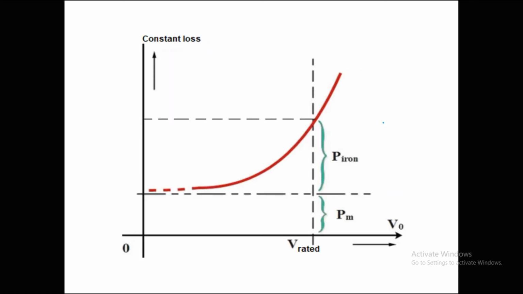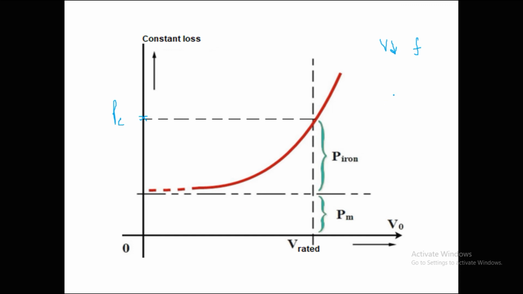And this is the experimental result for the separation of no load losses, and we can obtain this by conducting a no load test on a 3-phase induction motor. And we know for separating this no load loss, we are just going to conduct the no load test by reducing the supply voltage and keeping the supply frequency constant. And at the time of supplying rated voltage to the machine while conducting the no load test, we can get the constant loss value. So this point is the constant loss value, but our aim is we have to separate these no load losses into two components. One is iron loss and another one is called mechanical loss.